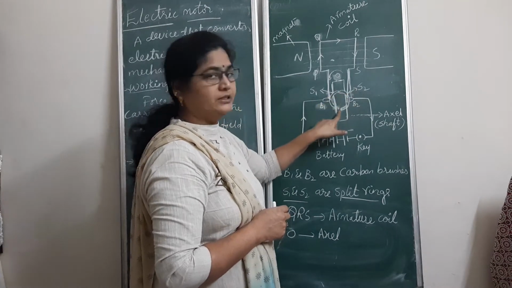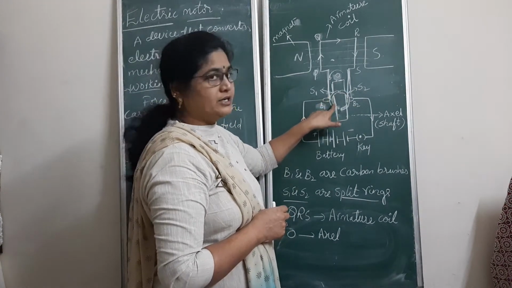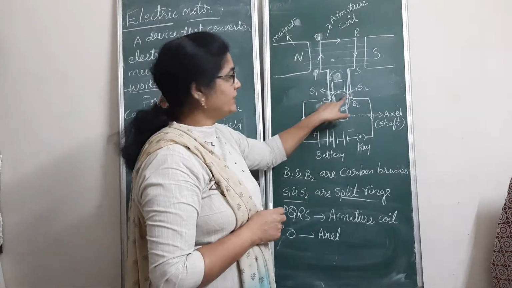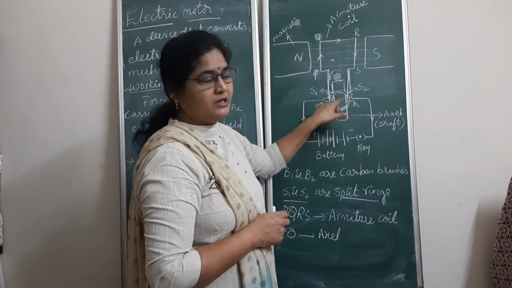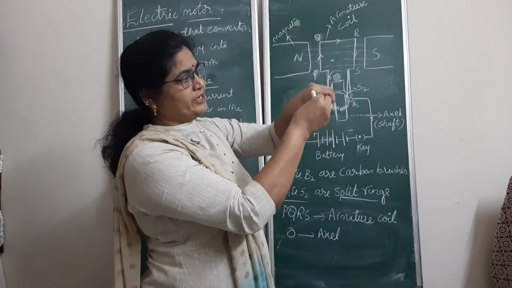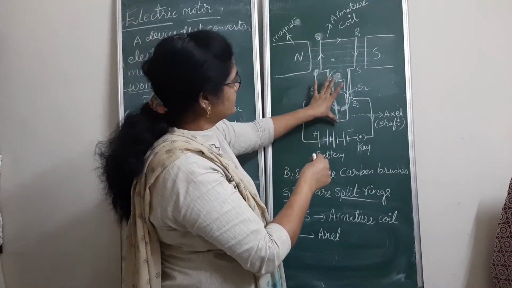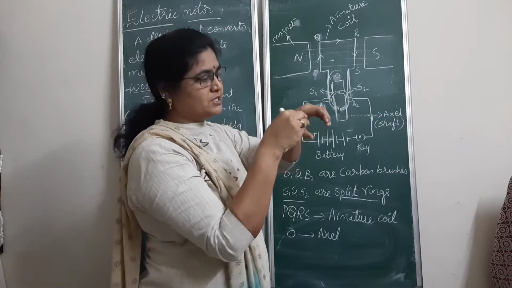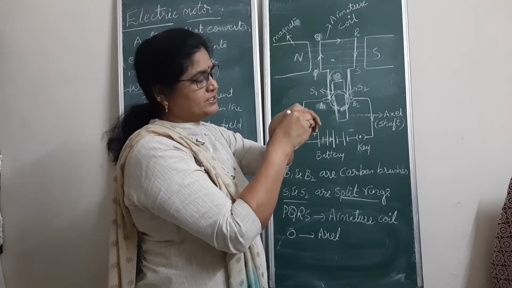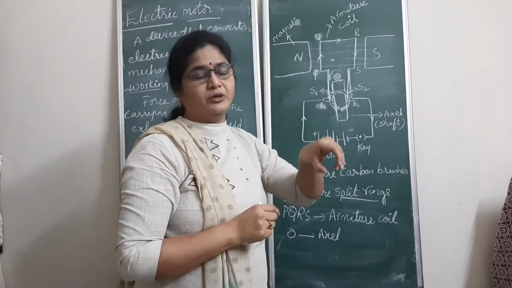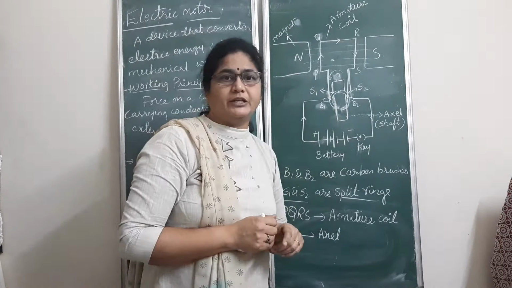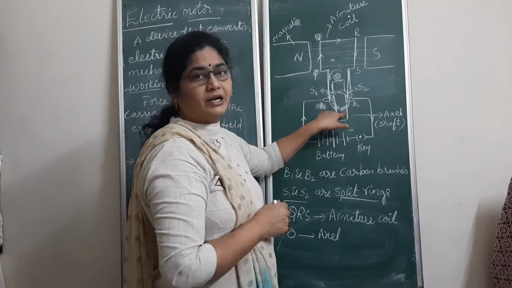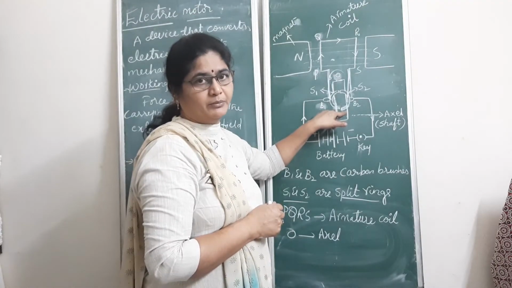These are split at the center, and each has two layers, an inner layer and an outer layer. The inner layer of this ring is insulated. So we have a ring through which an axle, you can see O here, passes. That axle or shaft passes through that ring. Since it is insulated, if you touch this axle, we don't get any shock. Whereas the outer layer of these rings is made of conducting material.